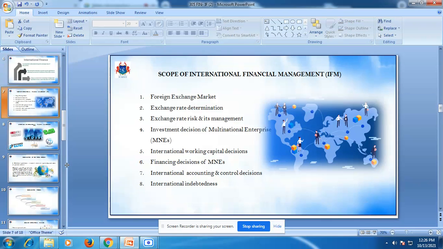So the next part is the scope of international financial management. The main objective of international financial management is to arrange sufficient funds for meeting the short-term and long-term goals of an organization. A financial manager has to concentrate on the following areas of international finance functions. The first function of international financial management is estimating financial requirements. In this part, the financial responsibility of the international finance manager is to estimate the short and long term financial requirements of the business.